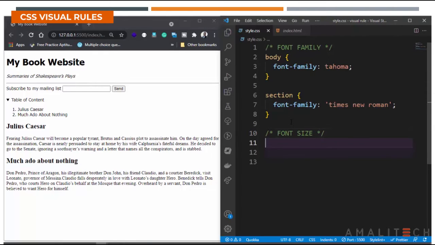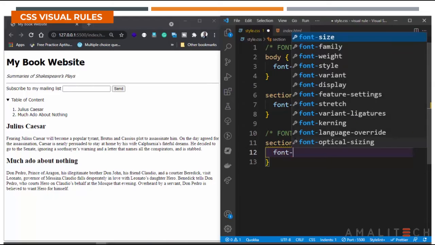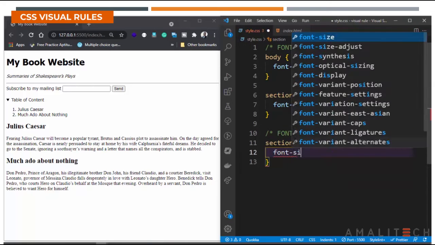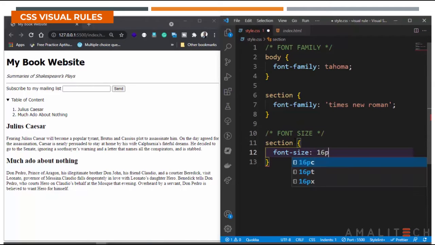Now the font size is actually used to set the text size. So we use this when we want to change the size of our characters. To do that, let's take for example section, and give this section, so everything in the section is going to be increased, a font size of 16 pixels,